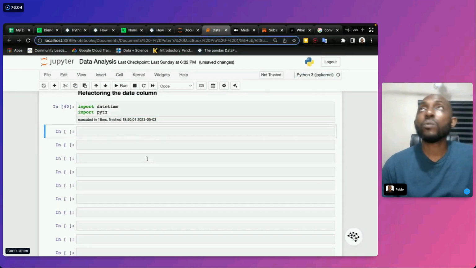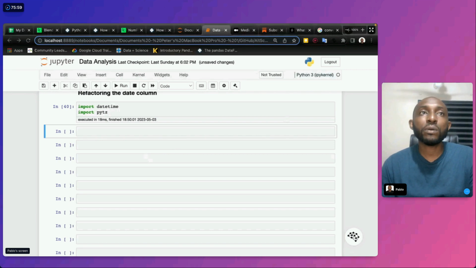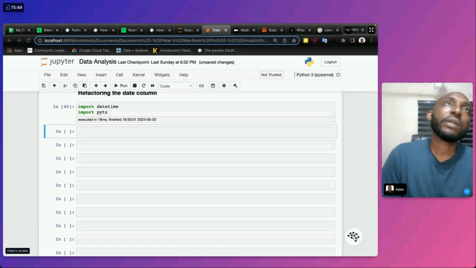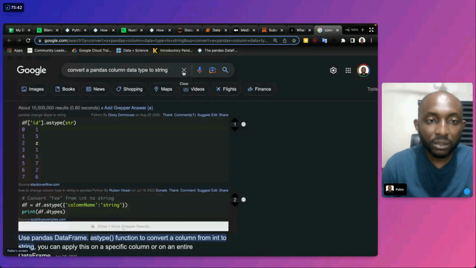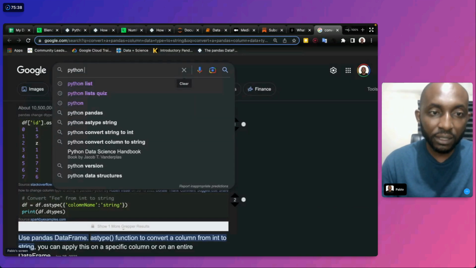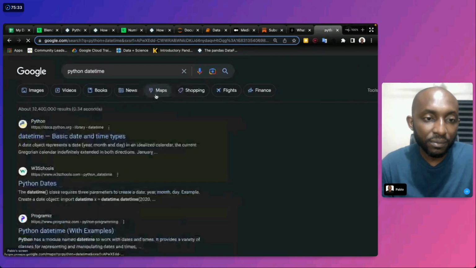Now, once we are refactoring data and we're pulling out all these things, it's important for us to make sense of what this means. So datetime, we can also look at datetime. Let's see. Python datetime. Yes, so this is it.